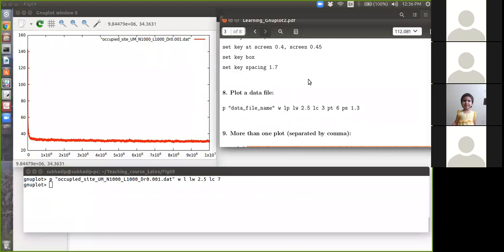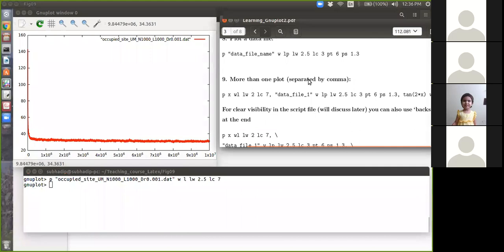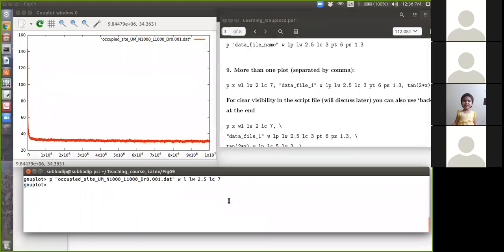So if you plot a mixed theme, say you want to plot one data file and another function, say 50 times sin x with this.